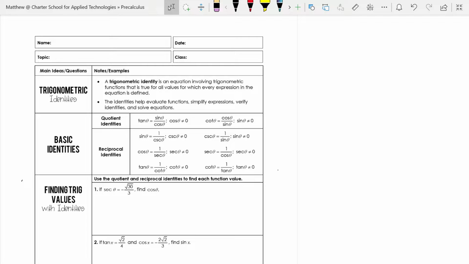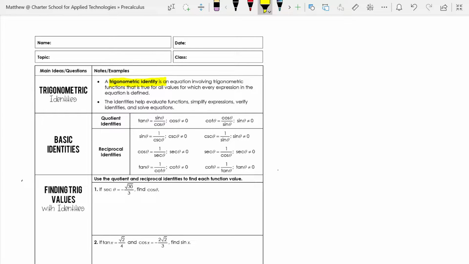Now, the idea of a trigonometric identity is that it's an equation that is true, but that compares two or more trig functions. So it'll compare, let's say, sine and cosecant or sine and tangent. And we can use these to simplify expressions, to change the form of expressions, even to solve equations. So that's going to be the main idea that we're working with here, this idea of a